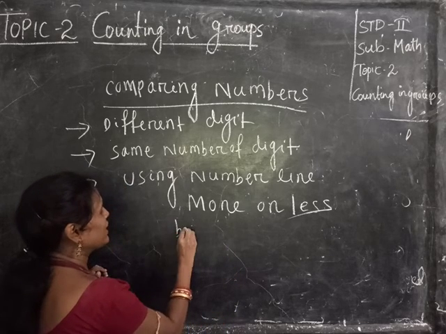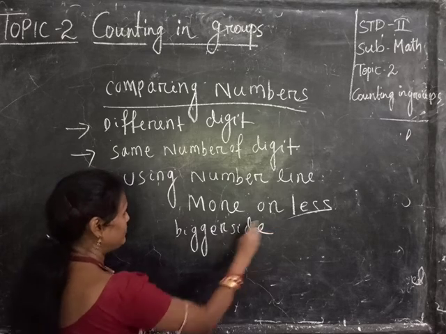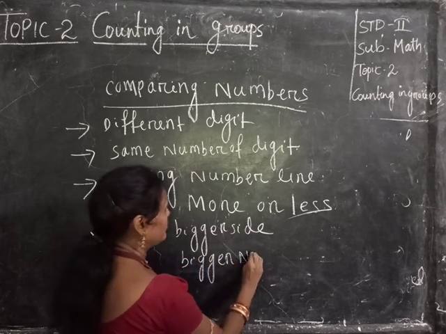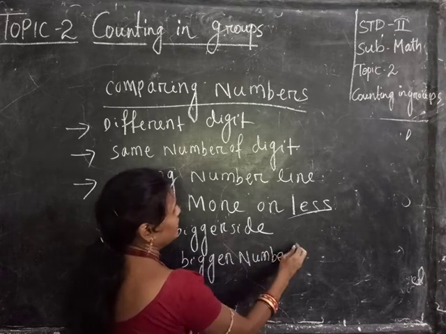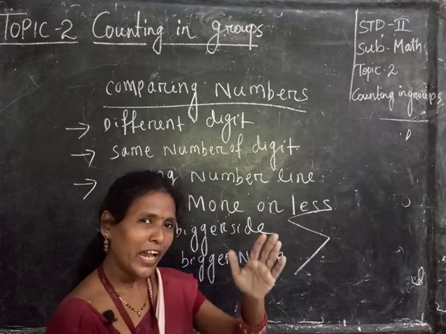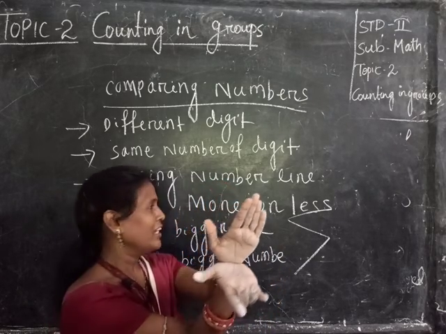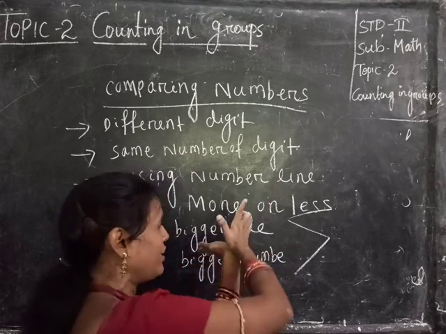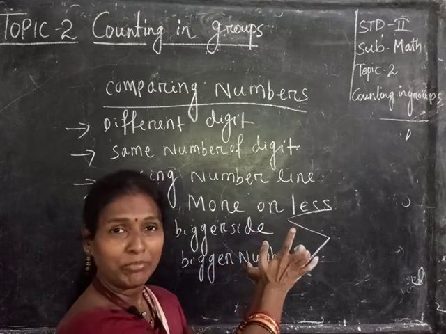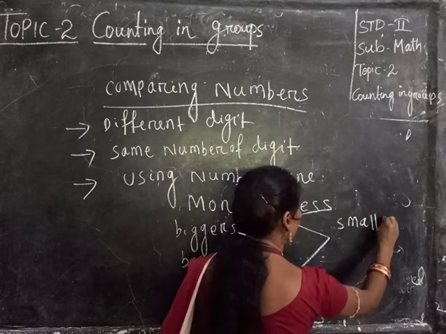More means, I will show you, see, the bigger side, bigger number. Okay, that one is, yes, crocodile. Have you seen a crocodile? Crocodile mouth is how much? Always like this or not? So when there is a bigger number, the crocodile will move his mouth like this to eat something, right or not? Next is your smaller side